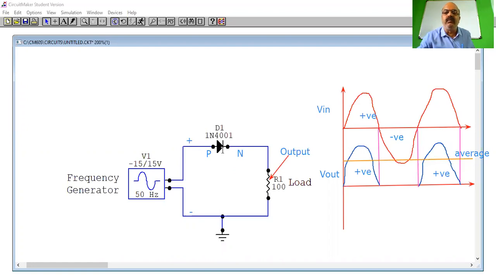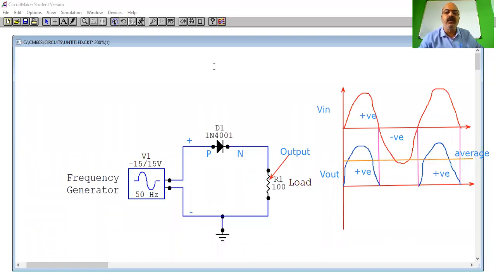So your PN junction is forward biased. P is getting connected to positive terminal and N is getting connected to negative terminal. This is during positive half cycle. So your diode gets forward bias. Forward bias means current starts flowing.